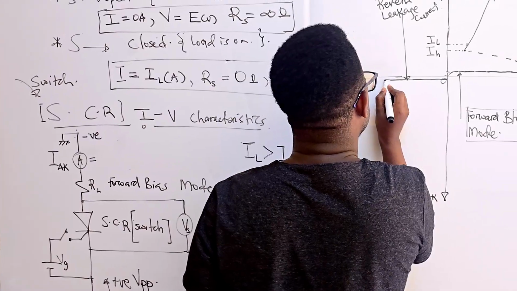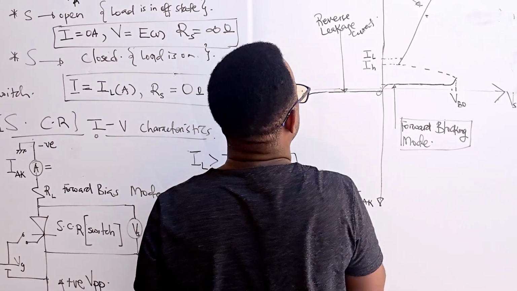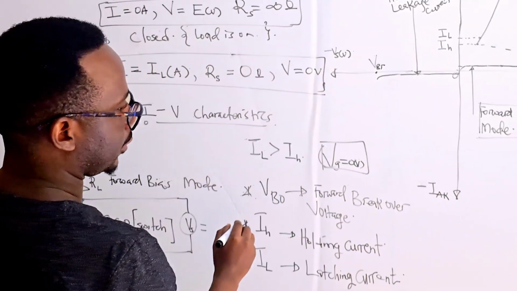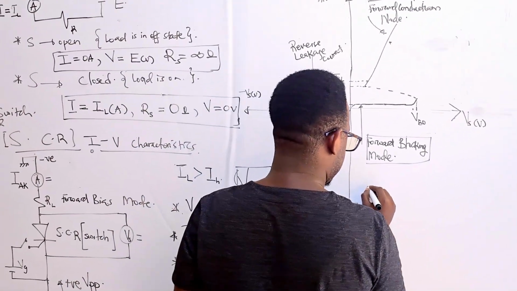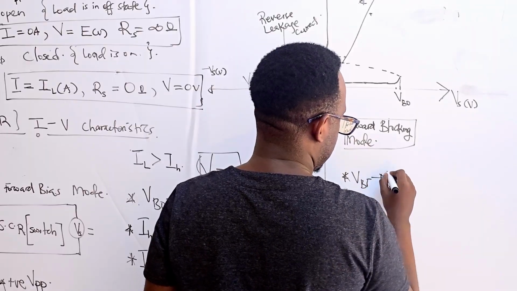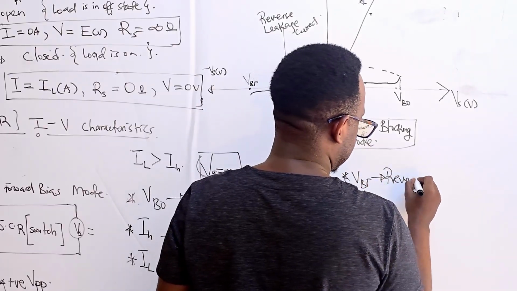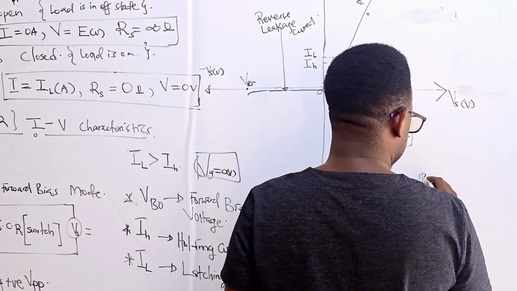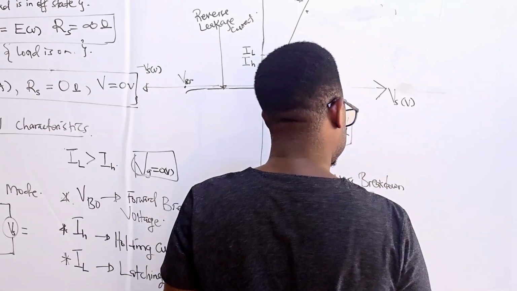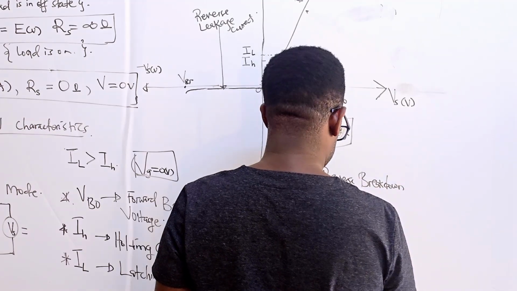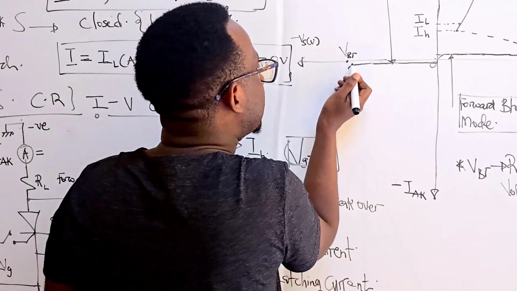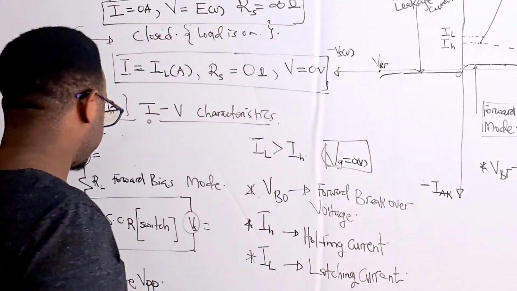So if we keep increasing that voltage, we will reach a point. Let's call that one VBR. All right, I'm running out of space, so let me write here. VBR is what we will denote as the reverse breakdown voltage. This is the voltage beyond which, if we keep increasing the voltage,